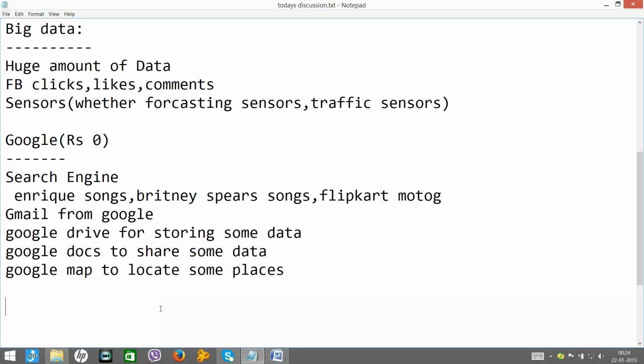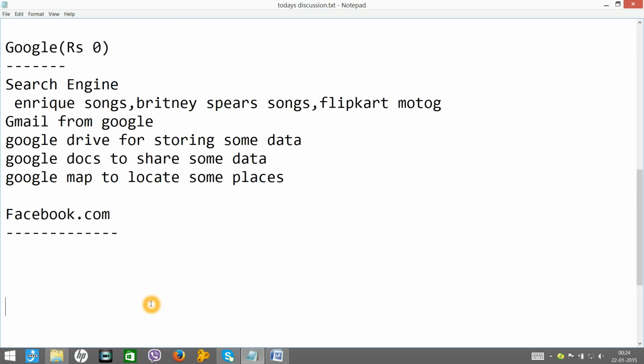Now let me take another example. I'll talk about Facebook. As a normal non-technical user, I just use Facebook to chat with my friends.